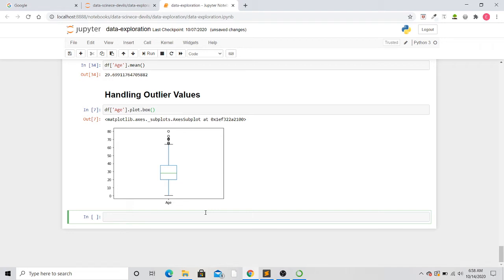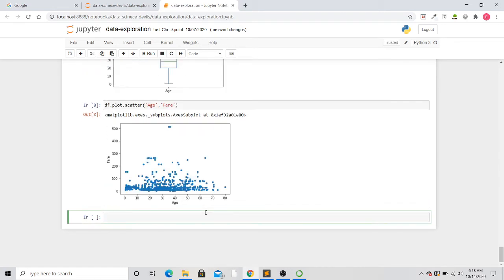Next, the second method was by using a scatter plot. For using a scatter plot, we'll write df, which is my pandas object, df dot plot dot scatter, and then we will pass the two columns. Now, a scatter plot deals with two columns at a time, and box plots deal with one column at a time. So I am dealing with one column, age, and one column, fare. Okay, hit shift enter.